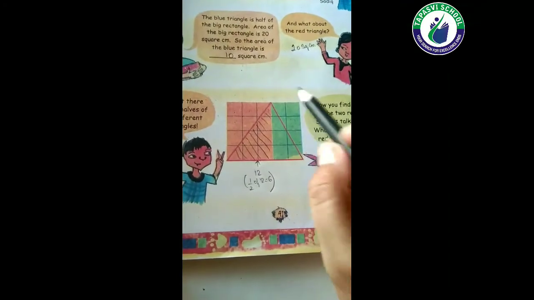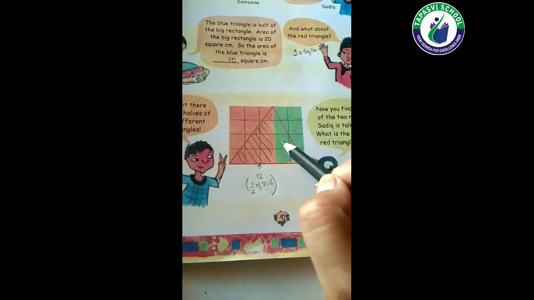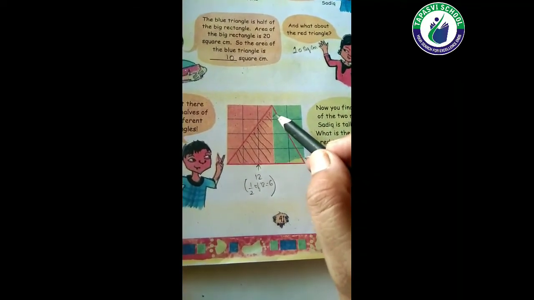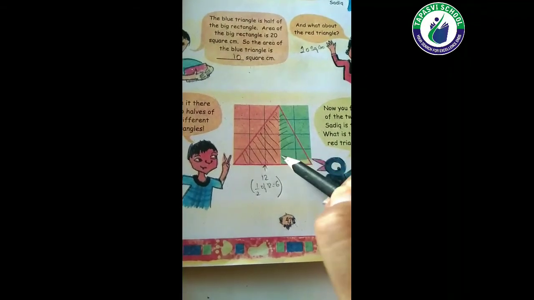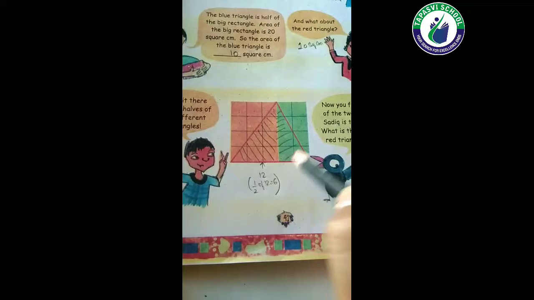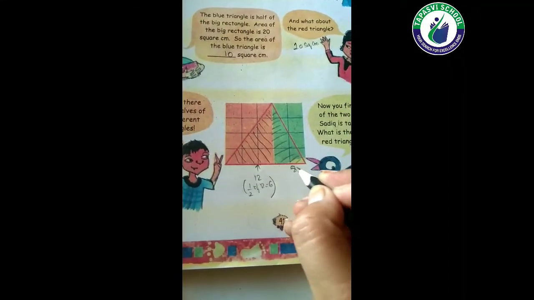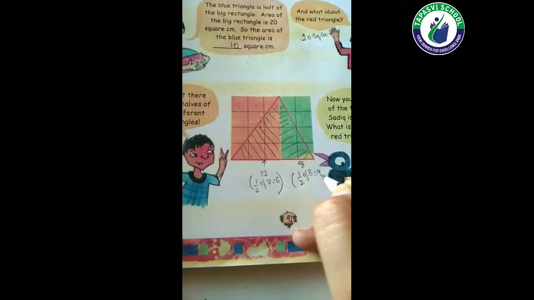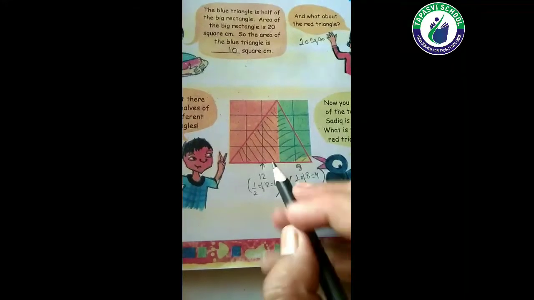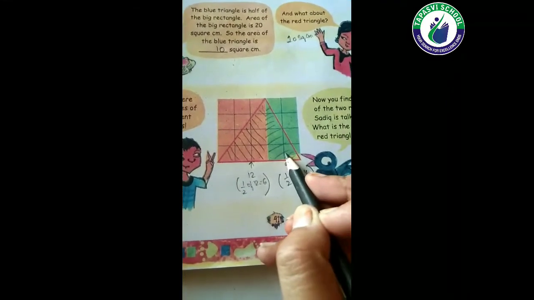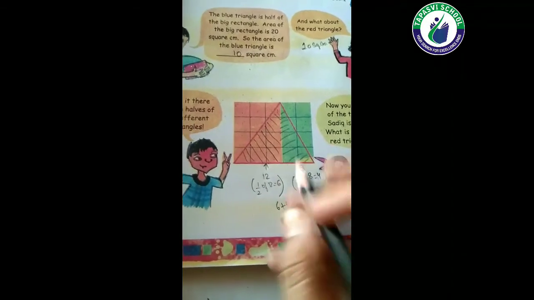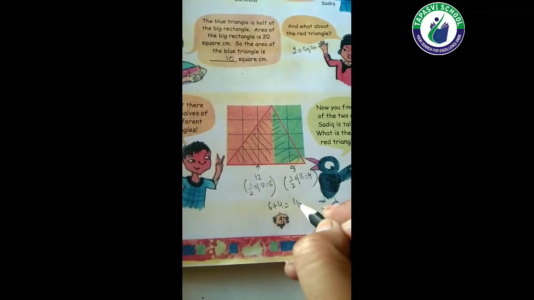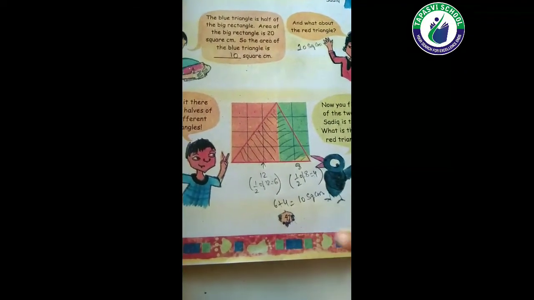Similarly, just have a look over here, students. 1 2 3 4 5 6 7 8, total 8 squares are there. If I consider the area of this particular triangle, then it is considered half of this rectangle. So the bigger one is 8, right? If I consider the half, students, half of 8 means 4, right? Now 6 and 4, that means 6 of this triangle and 4 of this triangle. So 6 plus 4 together makes the area of the big red triangle